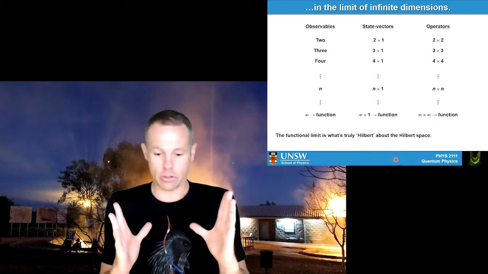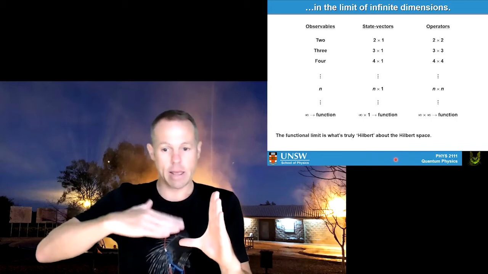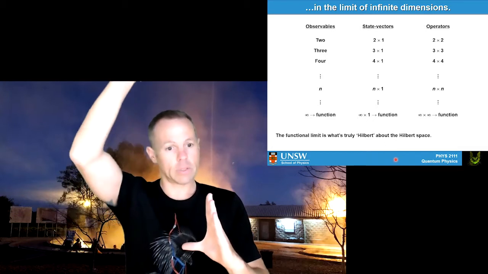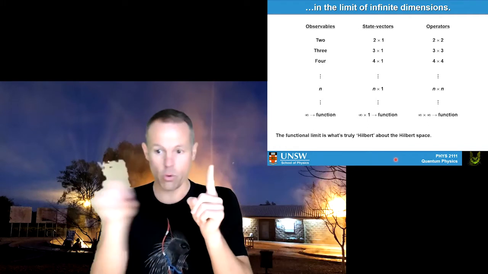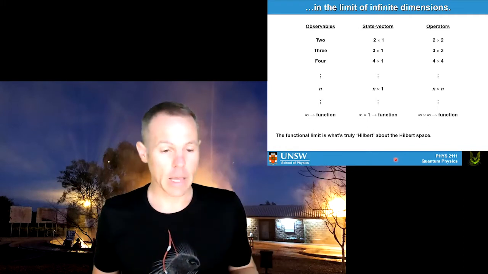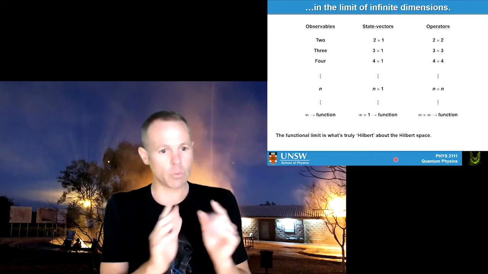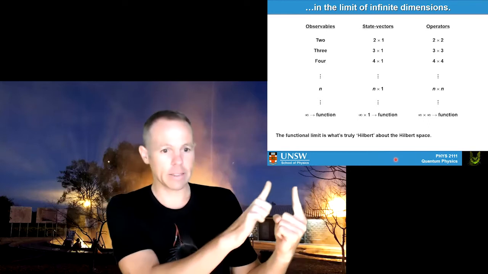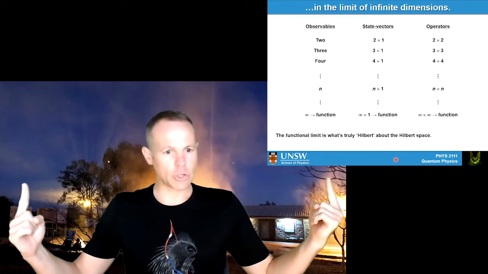So you can imagine a system where you've got energy levels as your observables, and you might have an infinite number of energy levels in there. So you'd have an infinite number of rows in your vector and an infinite number of rows and columns in your operators. And at that point, you can, in principle, end up at the place where your vector, which now has an infinite number of numbers in it, is more or less like what you have in a function, right?